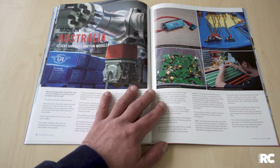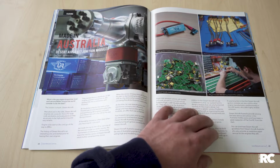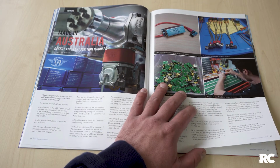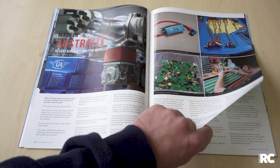Now, Desert Aircraft Ignition Modules. They are made here in Australia. I've written an article about that, something that I've wanted to do for a long time. I actually visited them up in Queensland, Desert Aircraft Australia, a while ago, and took some photos and finally have